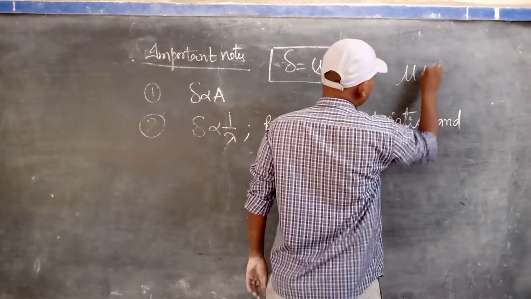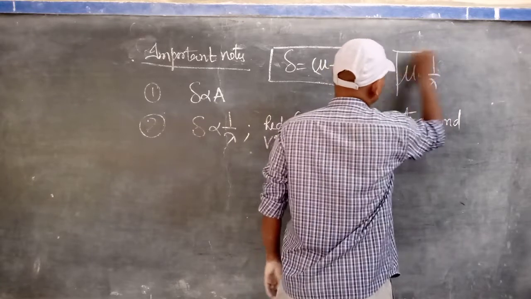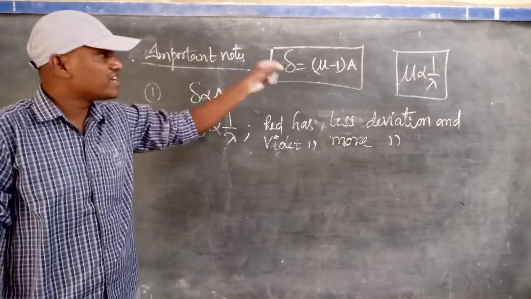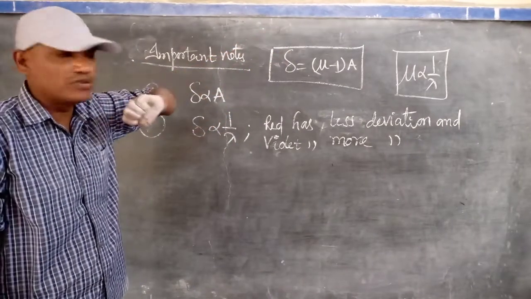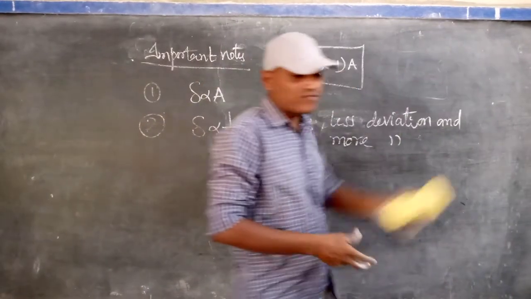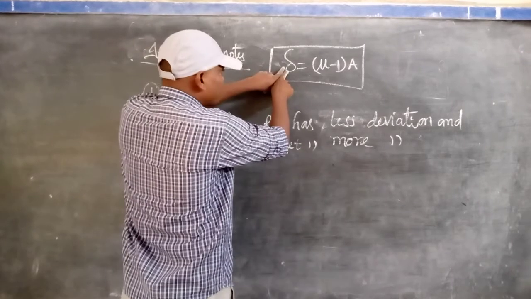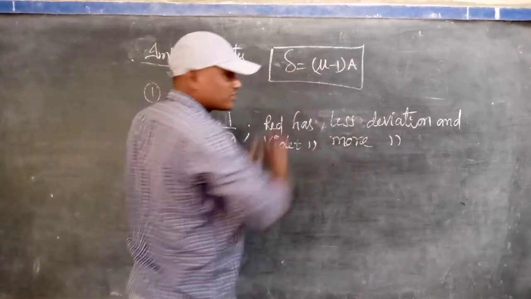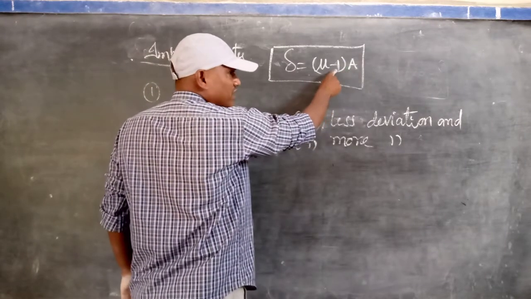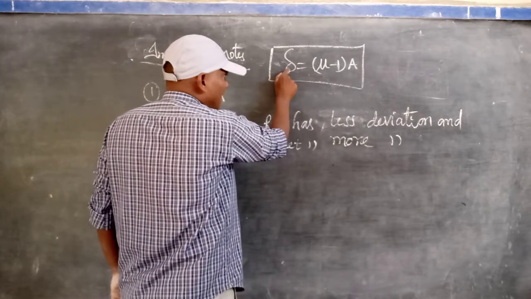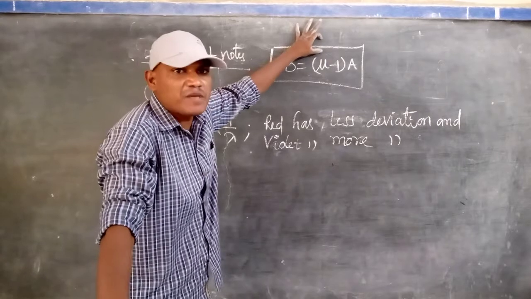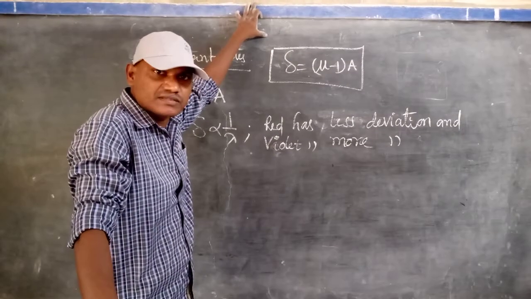Already we know that mu is inversely proportional to lambda. In the chapter of refraction of light at plane surfaces, after the relative refractive index, I clearly explained this one: mu is inversely proportional to lambda. That's why, with the help of that concept, the deviation angle is directly proportional to this. For an equilateral prism, A is constant, and 1 is a numerical constant. Then the deviation angle is directly proportional to mu. So if the refractive index of a medium increases, the deviation angle also increases.